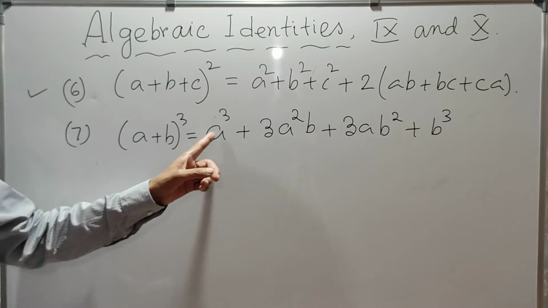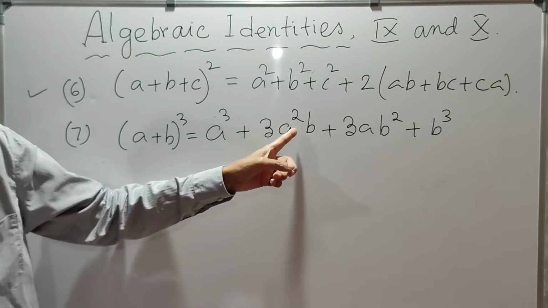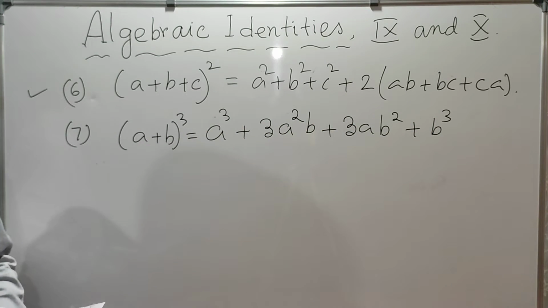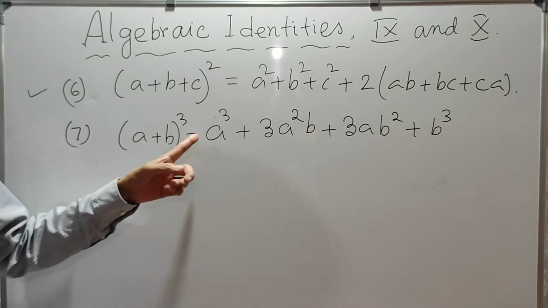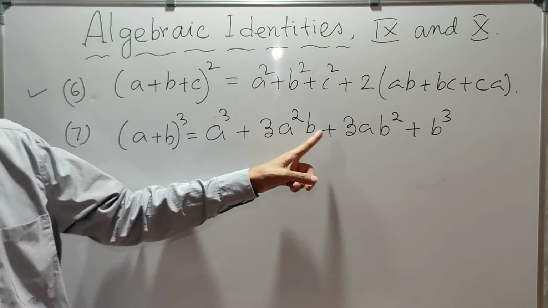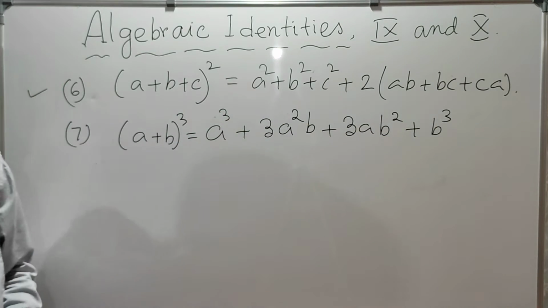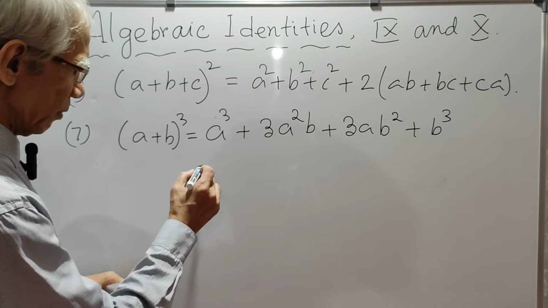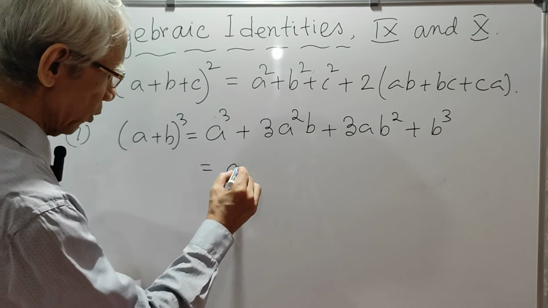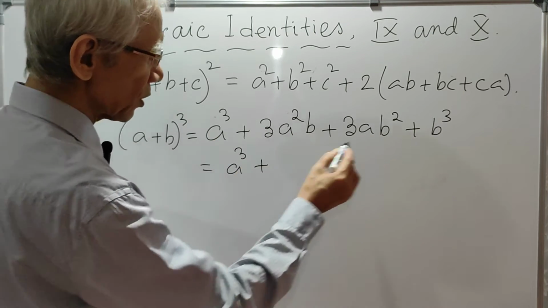So you will get a polynomial of 4 terms. All right. So (a+b)^3 will be a^3 + 3a^2b + 3ab^2 + b^3. Now this is also remembered in another form, a^3 + b^3